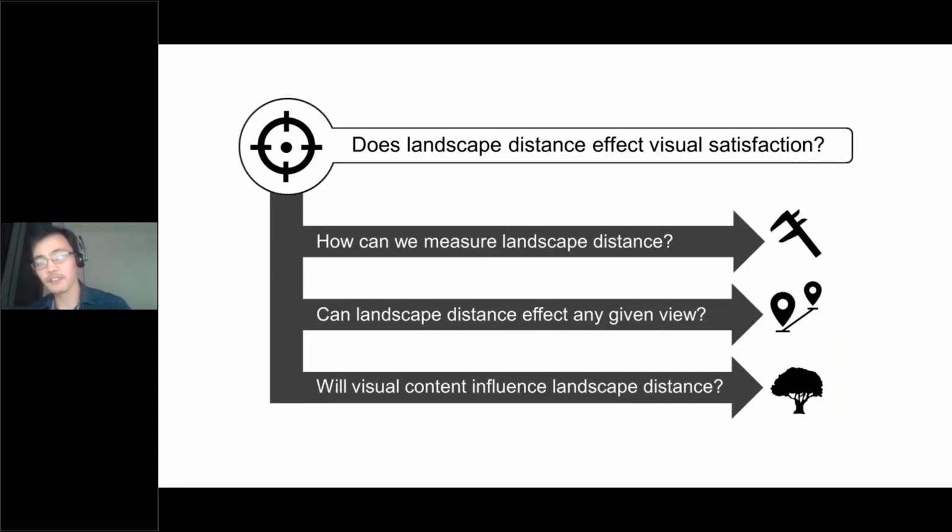So the following objectives were proposed with the overarching aim of determining whether landscape distance affects visual satisfaction. Here, landscape was substituted in for visual content when describing distance, since the latter can also be used interchangeably to describe other features of the view. The aim was filtered down to 3 objectives, which sought to evaluate more concise questions about window views. First, how do we design views and measure them effectively using the landscape distance criterion